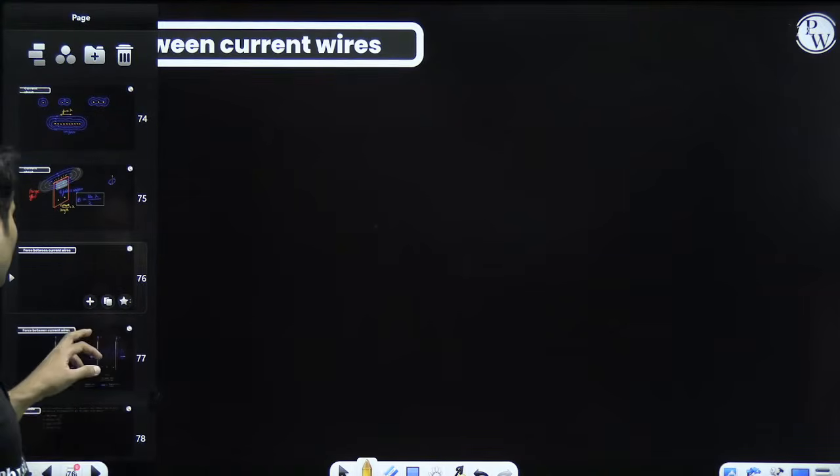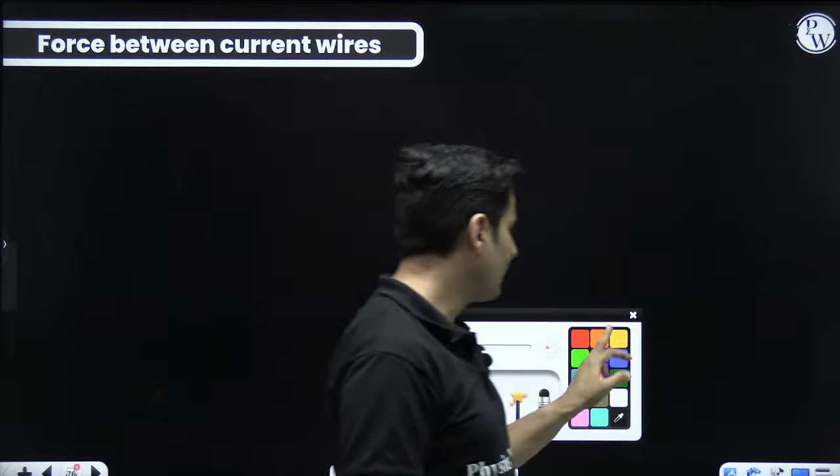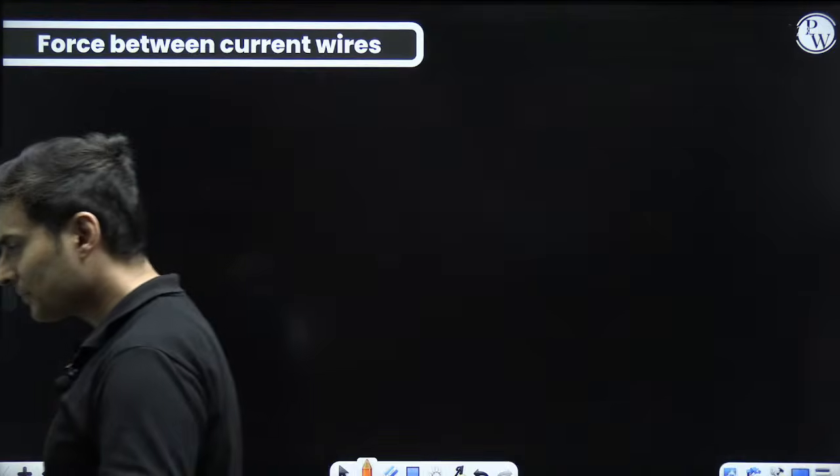Now let's go to the last part of this chapter, and that is the force between current carrying wires. If there are 2 wires which are carrying current,